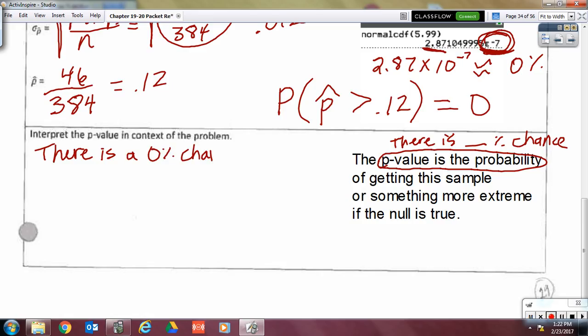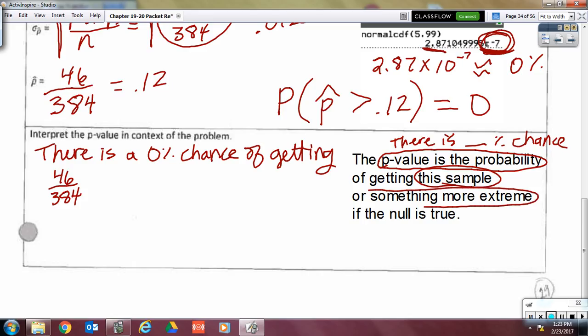0% chance of getting this sample. In place of this sample, we're going to put the results that you got. So there's about a 0% chance of getting, what results did you get? 46 out of 384. Yeah. Or something more extreme. What's more extreme? A lot less or a lot more? More. That many or more